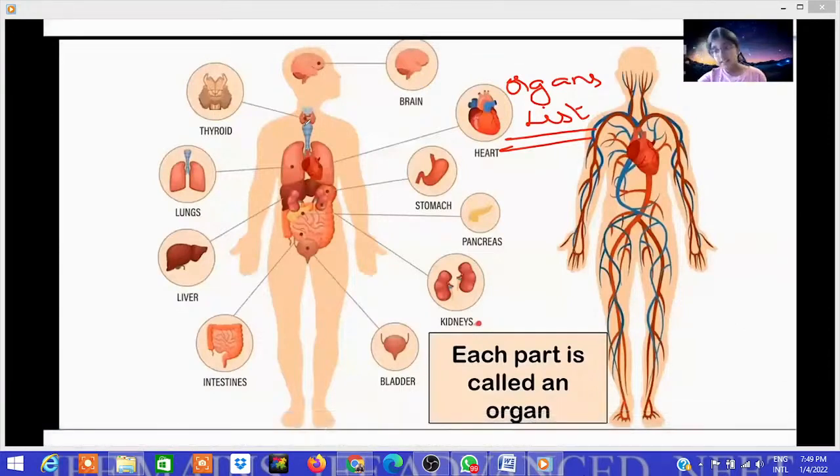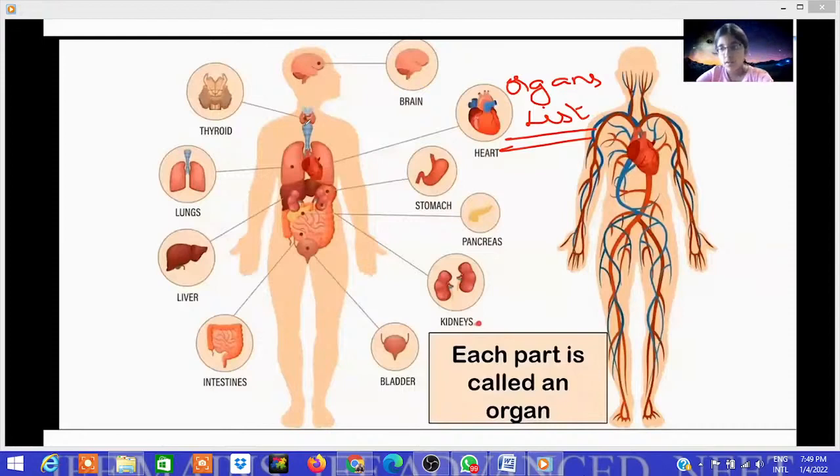Arna, I will just tell you a trick. You have to remember the top part. You have to come from the top to the bottom, then you can recollect. If you just randomly remember, it will be hard for you to remember all the organs. When you go from the top to the bottom, then you can remember. Just categorize the organs in that way.